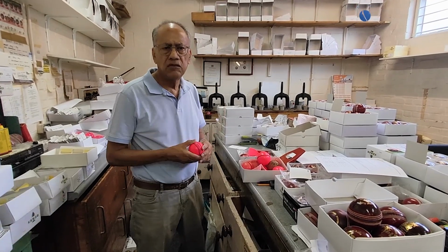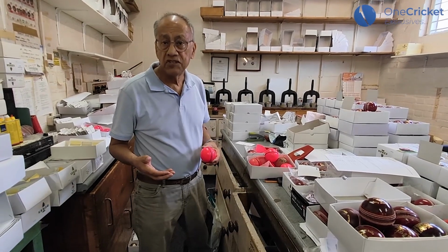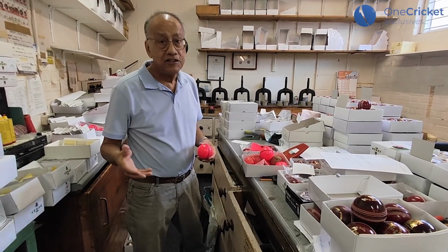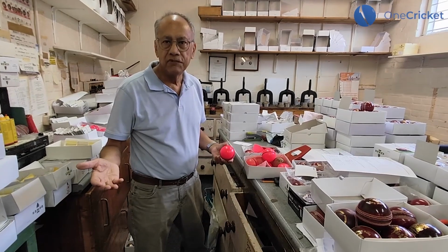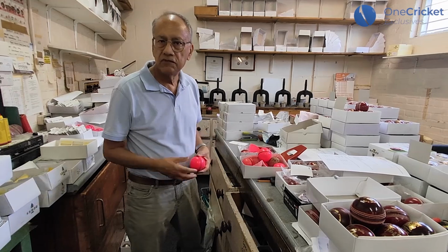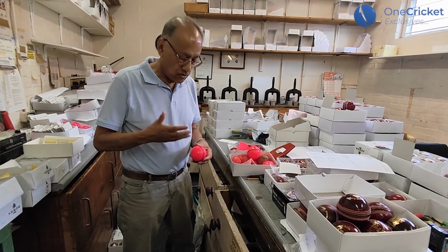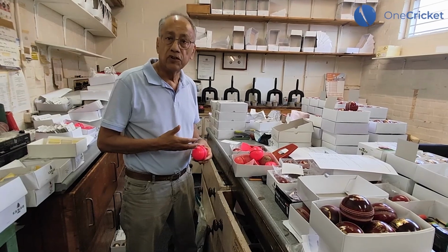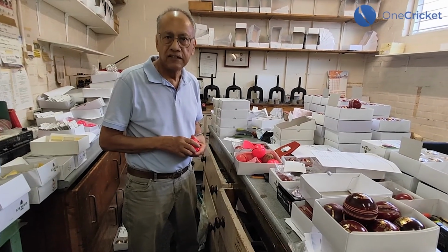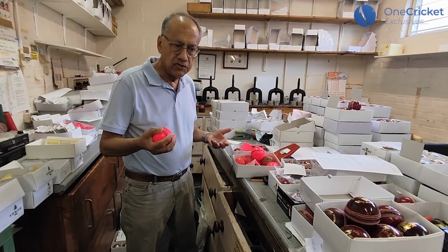You were saying 3.5 man hours to make one of these, an hour and a quarter to make a machine stitch ball, perhaps an hour and a half. So it's almost half time. And yet, I believe that our machine stitch competitors are much more expensive than us. But that's their business, nothing to do with me. All I can justify is the fact that we've got a lot of man hours in the product. And the good thing is that it gives you this attention to